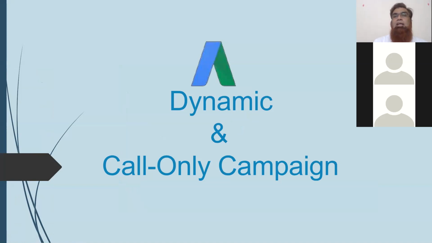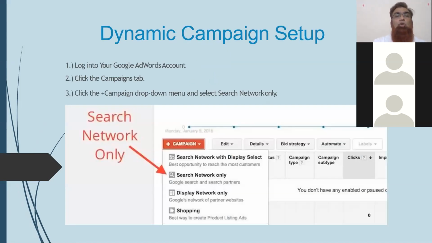So what is a call only campaign? Basically you can create a campaign which will be visible only on mobile, and if someone clicks on that, a call will be generated directly from the visitor's mobile. Someone who has clicked on your link comes directly to the mobile number you have embedded in the call only campaign. So we will see how we can create it, then we will go back and see how we can create it in a real-time practical scenario, right?